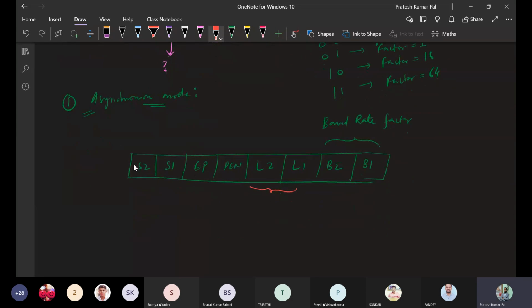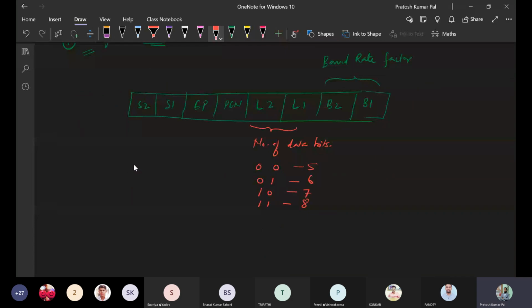What number of data bits it is having will be governed by this: if it is 00, that means 5 data bits are there. If it is 01, that means 6 data bits are there. If 10, that means 7 data bits are there. If 11, that means 8 data bits are there while receiving or transmitting.